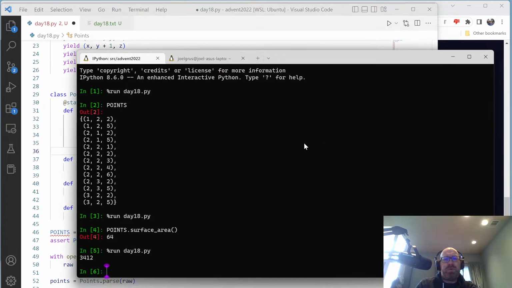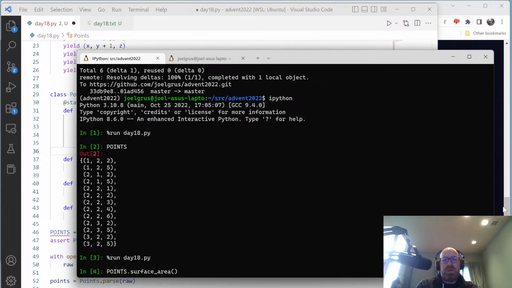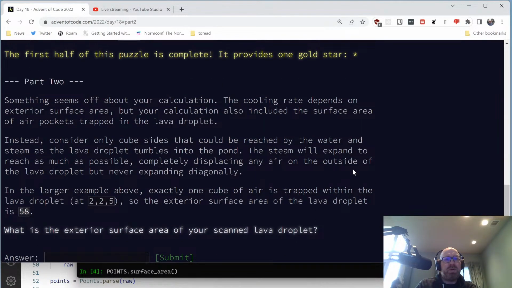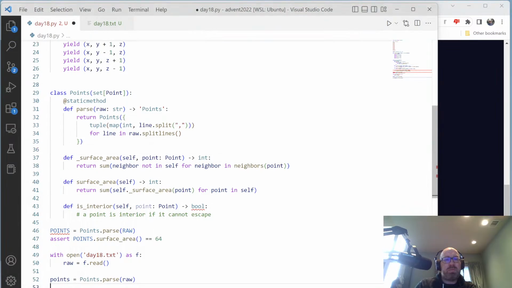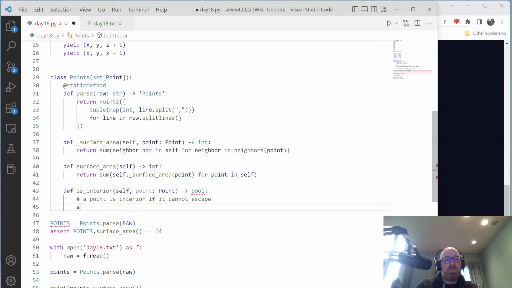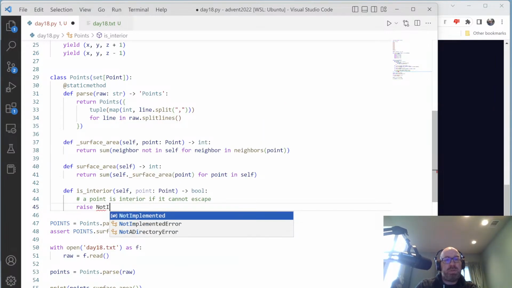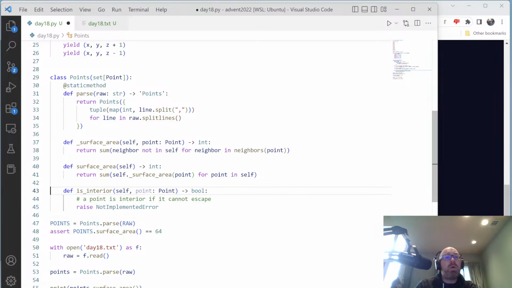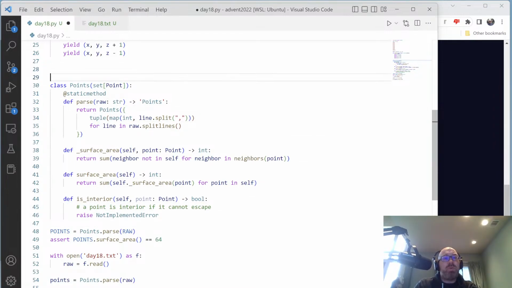Okay, so I'm going to change what I did because it's not going to scale well. So let me just raise not implemented. Okay, so what I want to do is